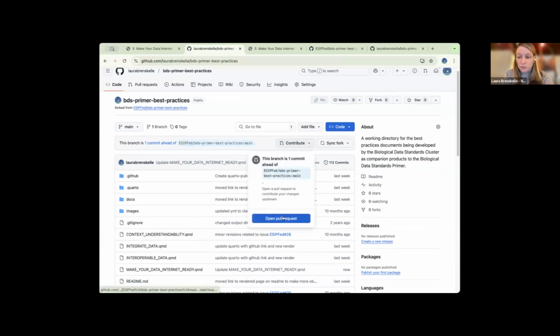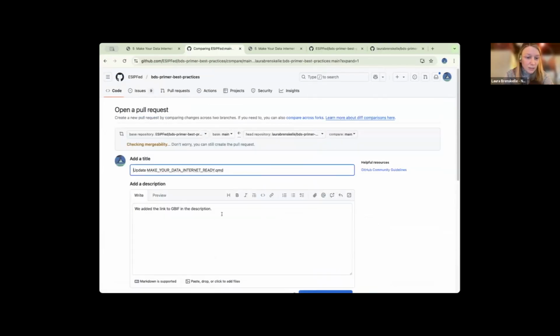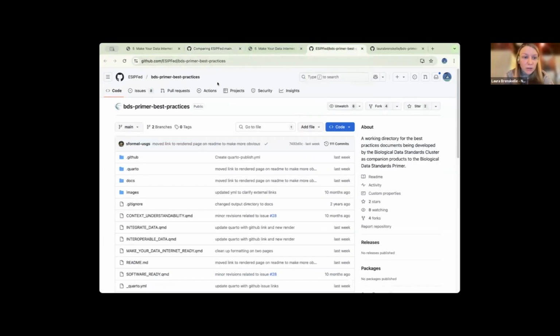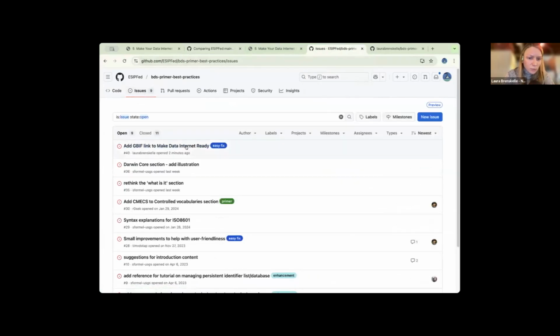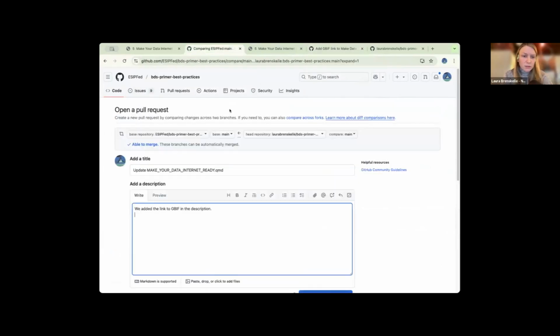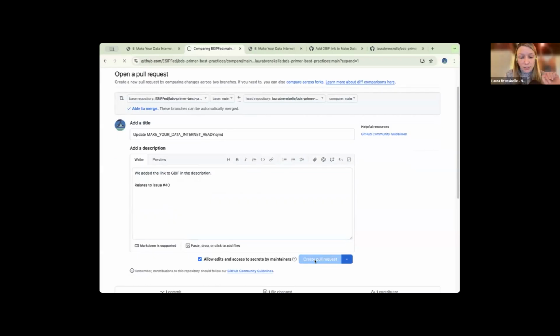And let's say you want to go ahead and open a pull request to make those changes. Hit open pull request. And you can even link back to our issue. So if we go back to our issue, we had the number 40. So we're opening this pull request. We can say relates to issue number 40, and you can see how GitHub pops it up and it knows kind of what you're talking about. That's one way to link that this pull request is related to this issue and we're trying to make that change. So we will go ahead and create that pull request.